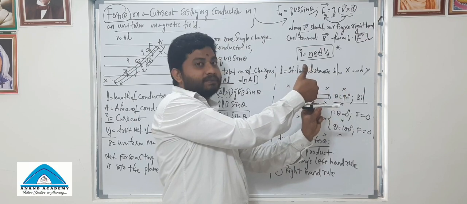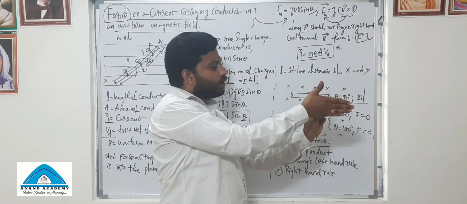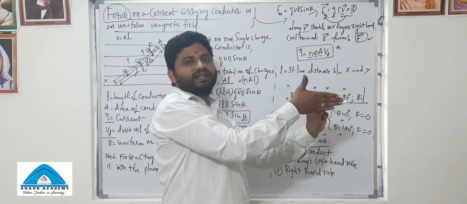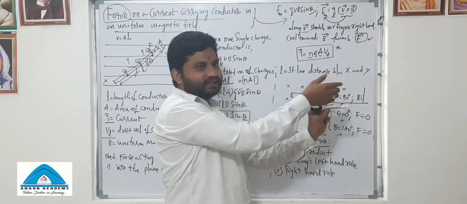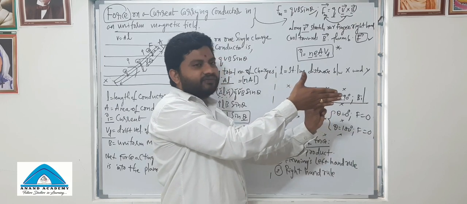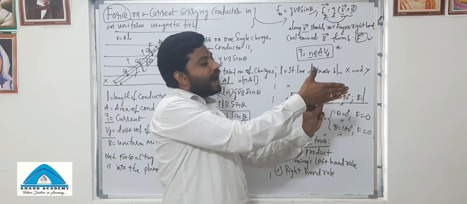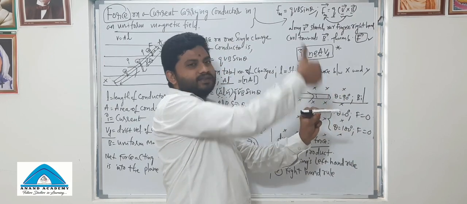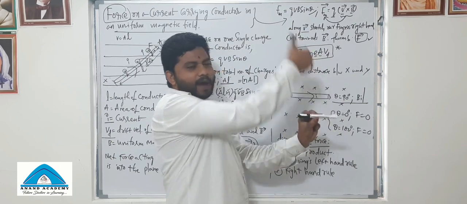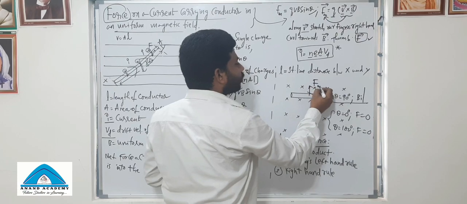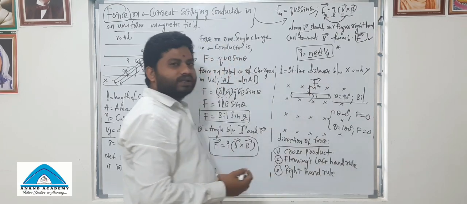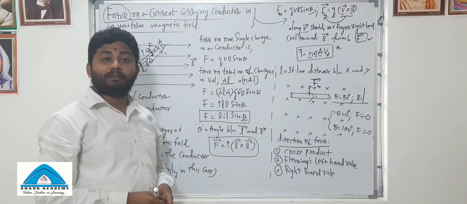Again, stretching the fingers along the direction of L bar and curling towards B bar. You see, the force acting on this wire is upwards here. So this is the force direction, which is the magnetic force acting on the current carrying wire kept in a uniform magnetic